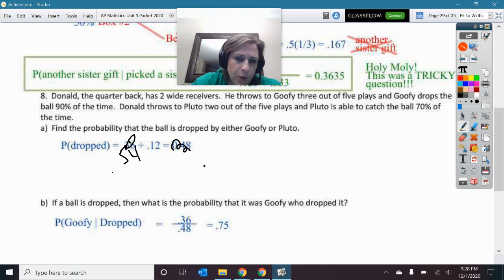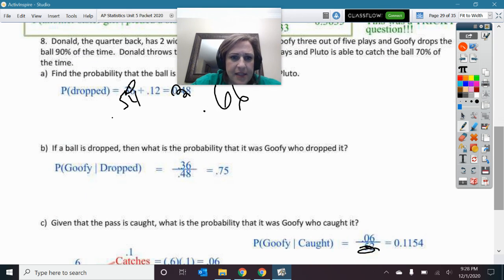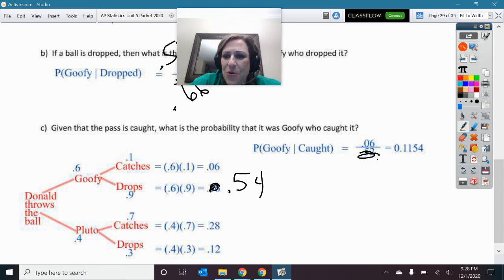What is that? 0.66. Okay, so out of this 0.66, the part that it was Goofy was the 0.54. So you have to redo that. And then here, so now this makes sense, because if there's 66% of the time that it is dropped, then I can see here, then it's